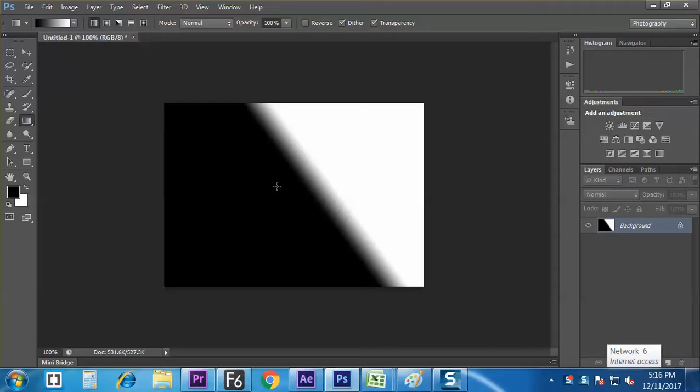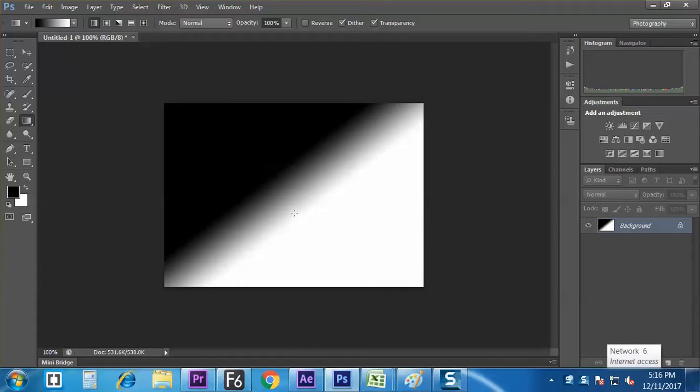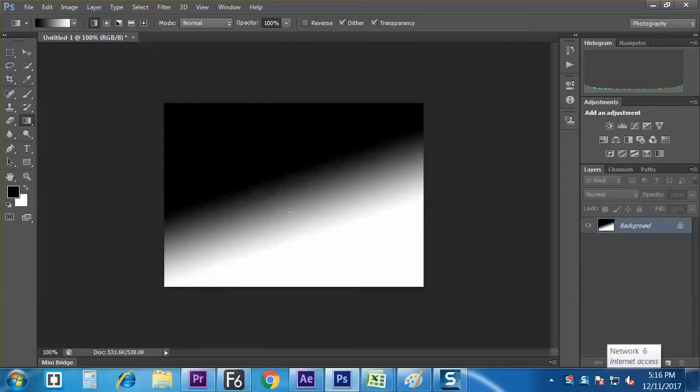Default gradient color is always the FG and BG color. FG BG color will be the default gradient color. By default, you will find that color on your screen. Which is the default gradient color? This will be the question, and the answer is